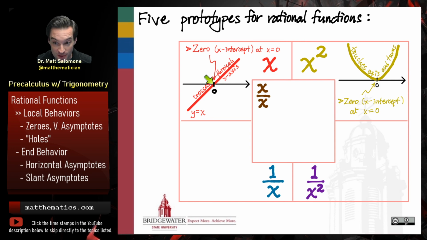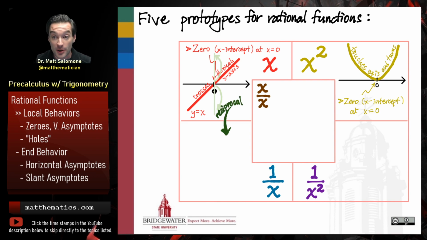So zero of multiplicity 1, zero of multiplicity 2. These are the two functions that exemplify that local behavior near the x-intercept, which in this example is the x-intercept at x equals 0. Okay, so if those are the familiar prototypes for polynomial functions,